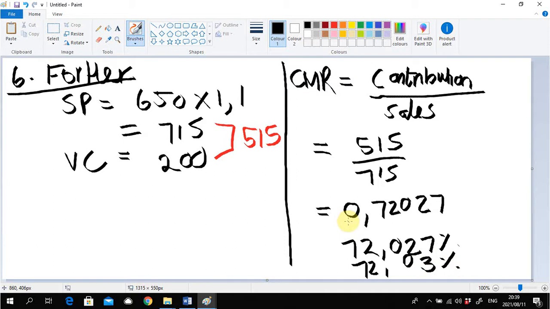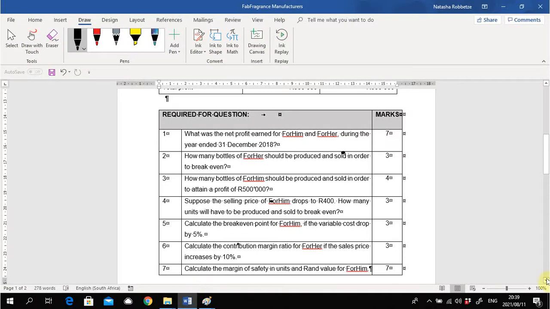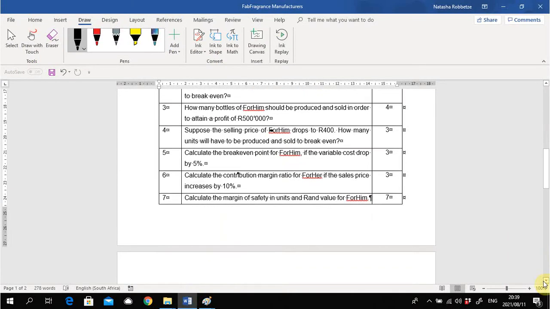Right, contribution margin, increase in sales price. Quite simple to do. Then we are on the last required part, where they ask us to calculate the margin